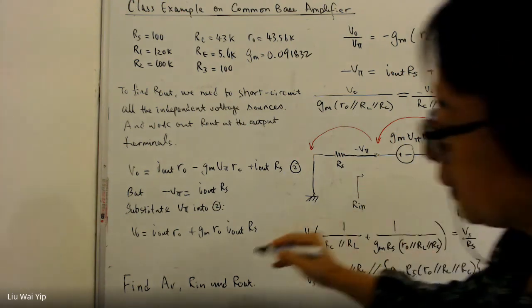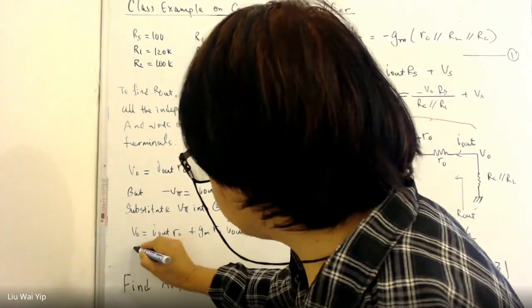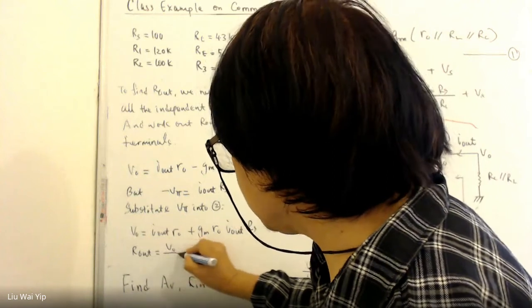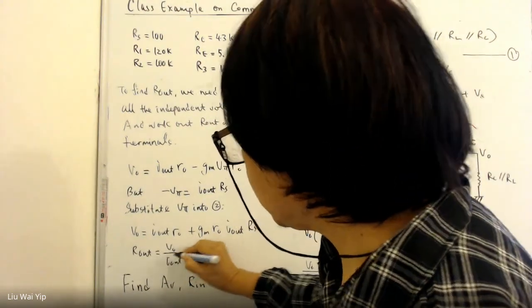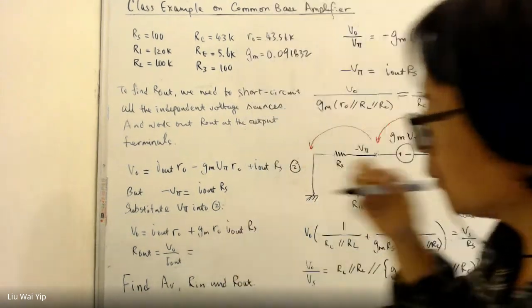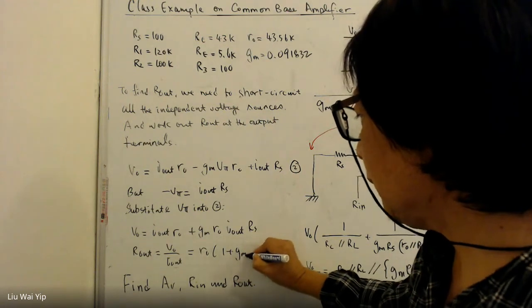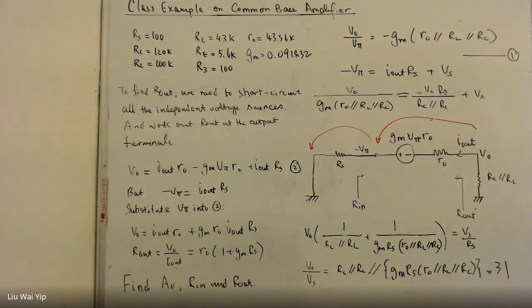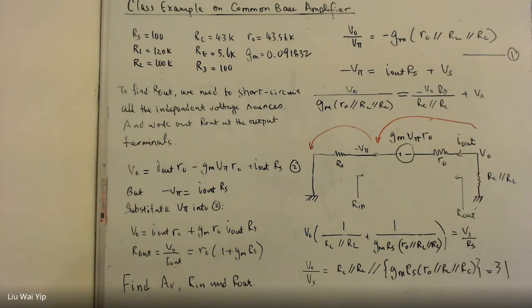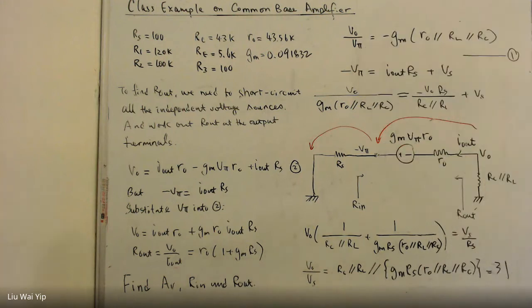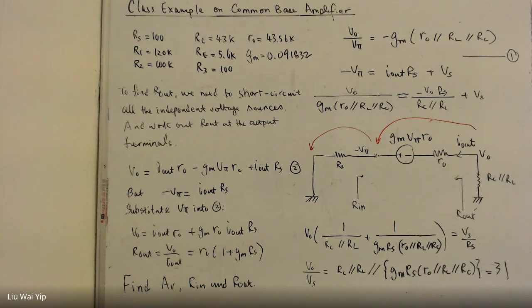You want to find the output impedance. Then this is the one, output impedance. RO is equal to V out divided by I out, and this is equal to R naught times 1 plus GM RS. So it's surprisingly simple. And if you work this out, we have the 43K here, and then you substitute all these values. And you will find that the output impedance here